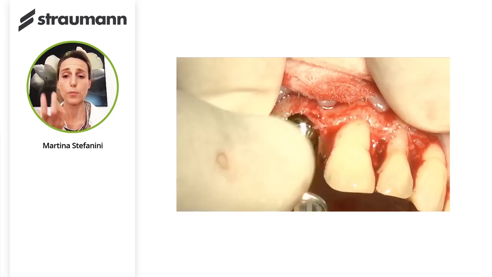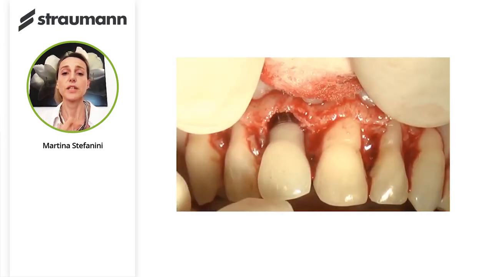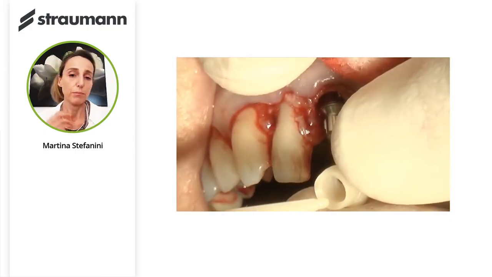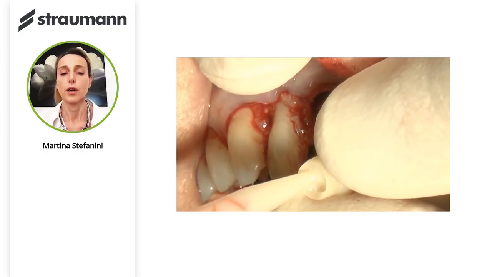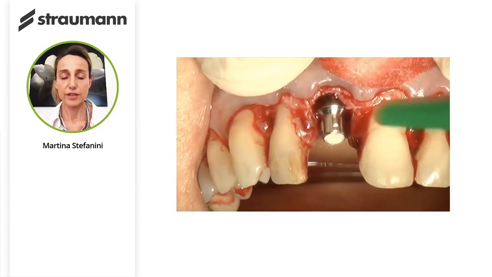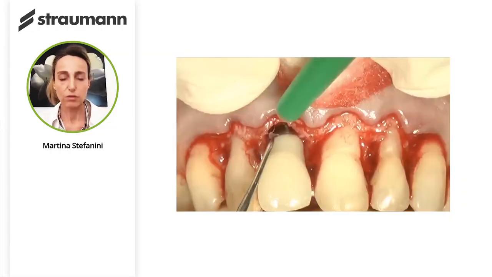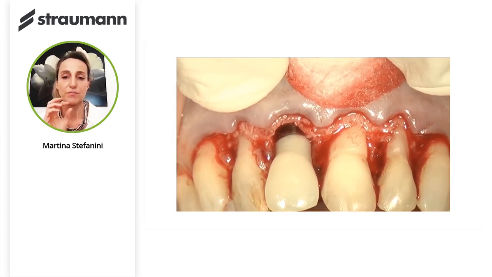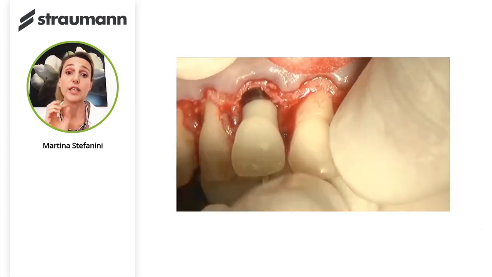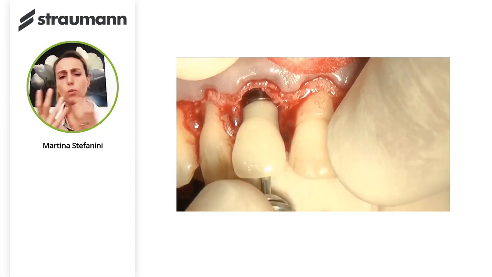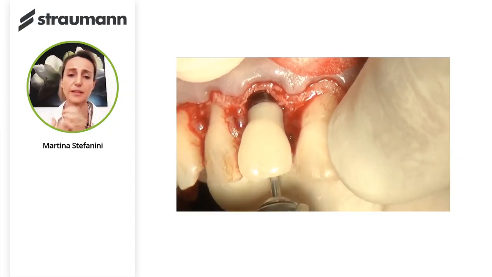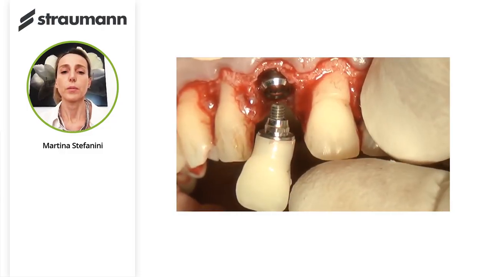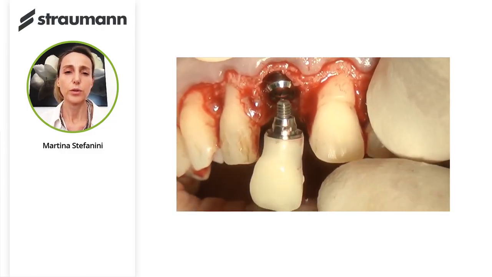Now we have our provisional that should be realigned intraoperatively, but it's very easy because we already prepared it before the surgery, thanks to the planning of the implant placement, and we can fill the gap. If the gap between the implant and the buccal bone crest is bigger than 1.5 millimeters, we fill the gap with the biomaterial. In this case, we use Cerabone,